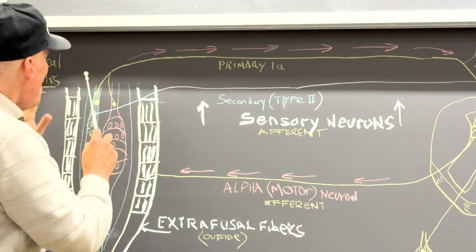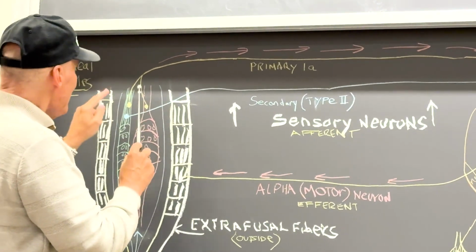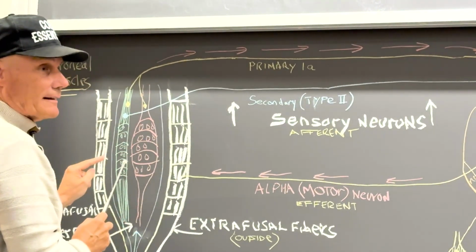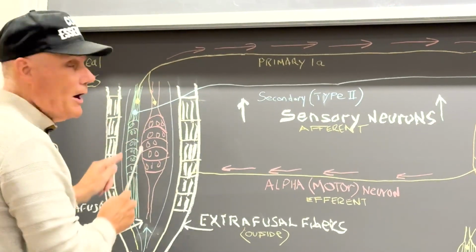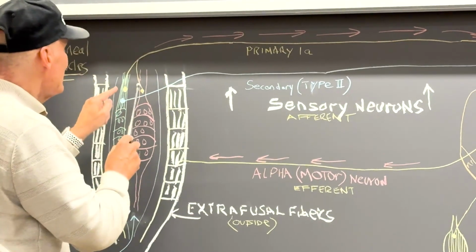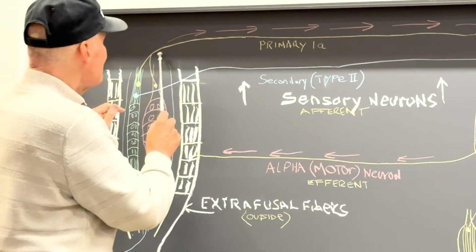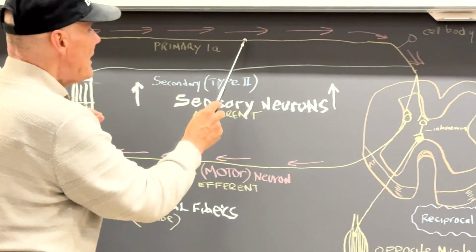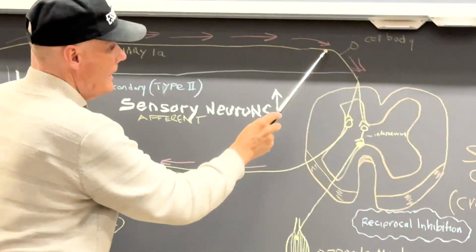So, we get this stretch. Our ankle's ready to roll. There's a change in length. The main job of the spindle is to monitor changes in length, and especially these nuclear bag fibers, they're going to really get set off. So it sends the signal via a primary 1A sensory neuron, we call it afferent, away